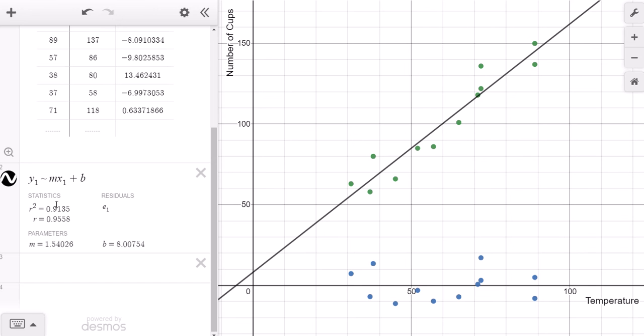Roughly 91% of the variation in the number of cups of ice cream sold can be explained by a linear relationship with temperature. This seems to indicate that a lot of what we see going on in terms of how many cups of ice cream we sell is influenced by the temperature. In fact, 91% of the variability in the number of cups of ice cream can be explained by a linear relationship with temperature. So that means that there's 8% that could be explained by other things,